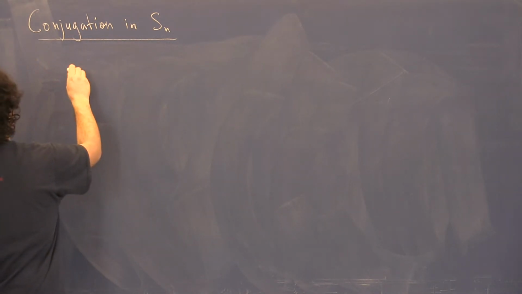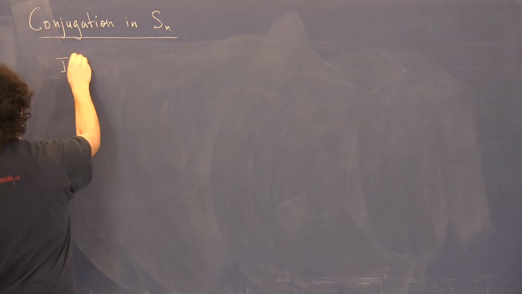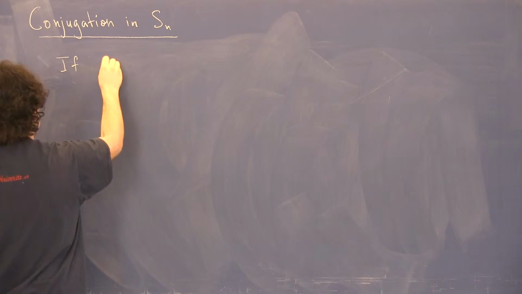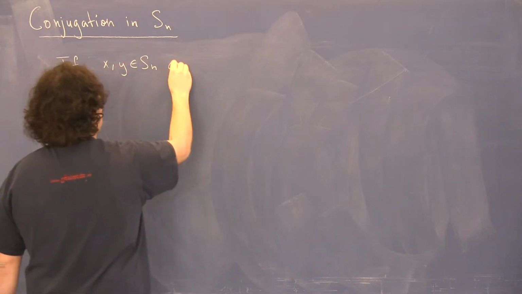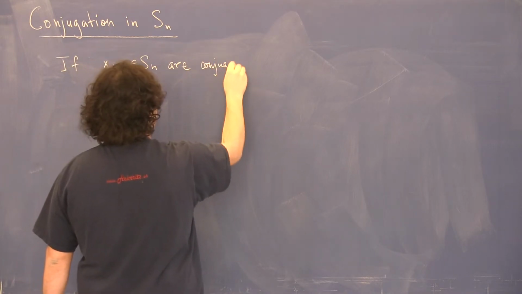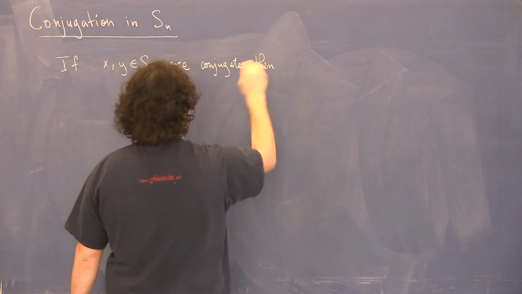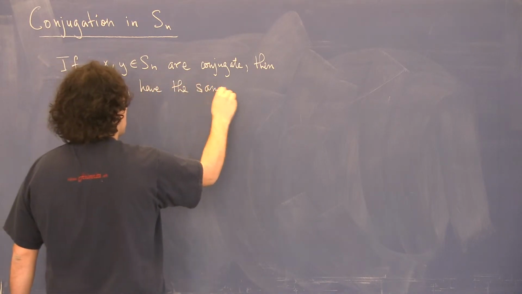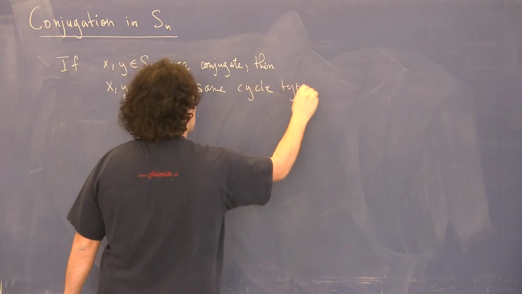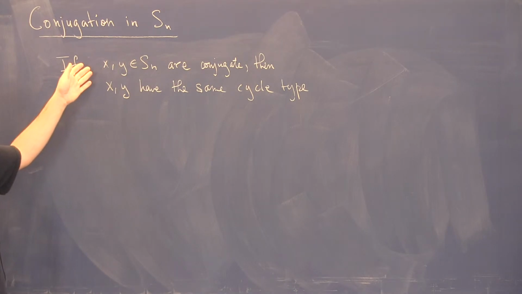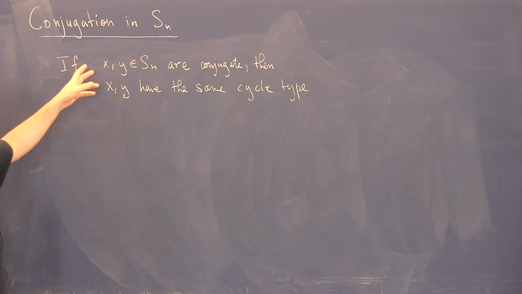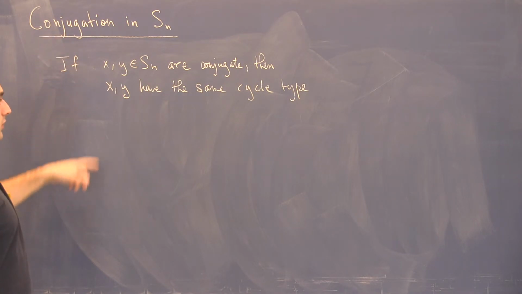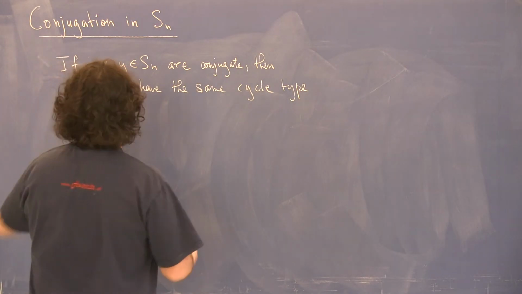So what we have seen is that, let's call them something else, not to be confused with what we did before, if x and y in Sn are conjugate, then x and y have the same cycle type. So what I mean by this is that if, say, x is a product of 2 disjoint 3-cycles and a 5-cycle, then y immediately we know is of the same kind. And by using the same type of argument, just running it backwards, we can see also that